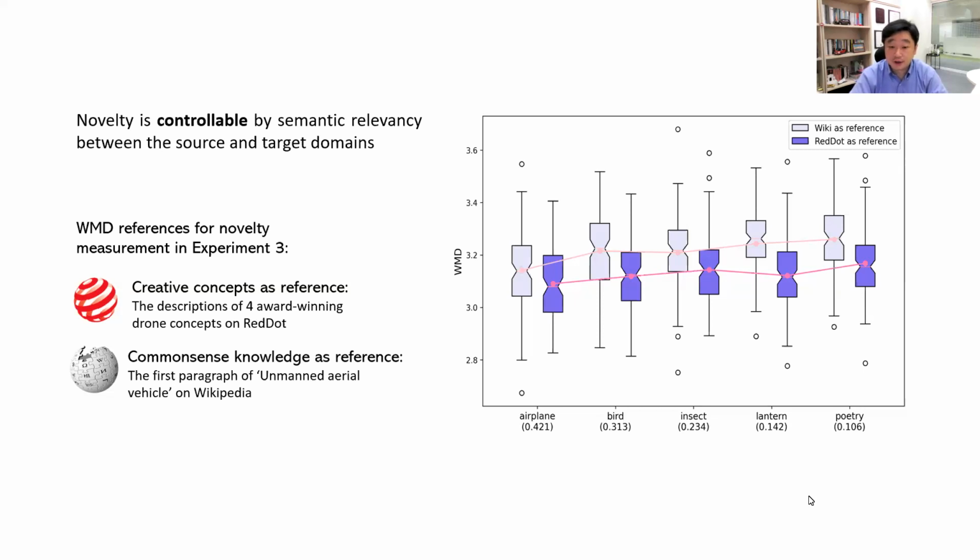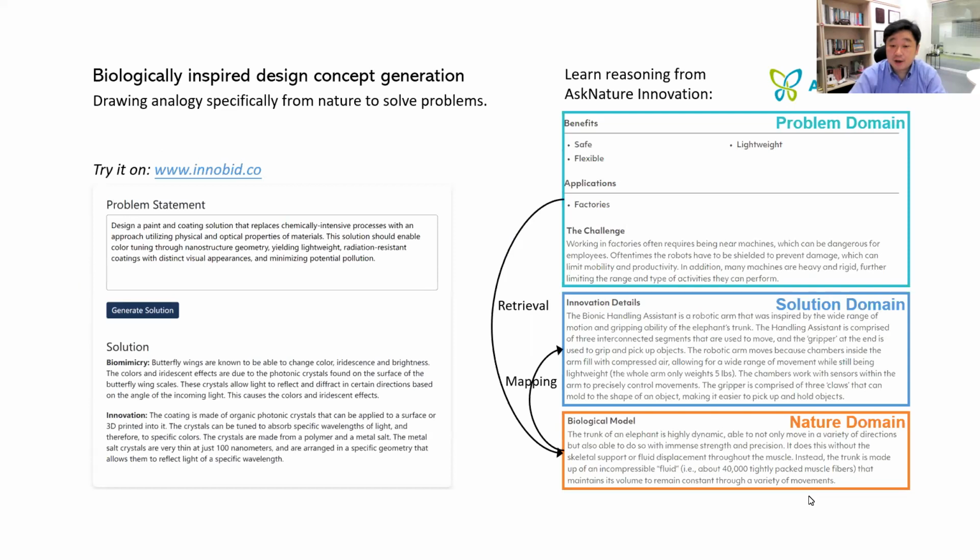Later on, we worked on biologically inspired design with AI. Biologically inspired design is a very specific type of analogical design, or design by analogy, which draws inspiration from the nature domain for solving problems in the engineering domain. Engineers normally find it very hard to draw analogy from nature because we don't have good knowledge about nature for design by analogy or biologically inspired design. But AI doesn't have this problem. GPT-3 has already got knowledge from nature, engineering, and many other domains.